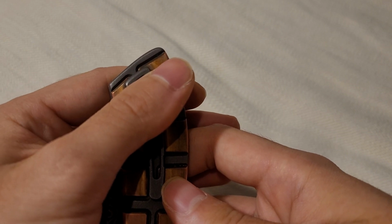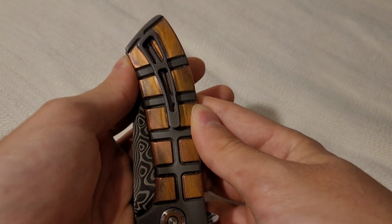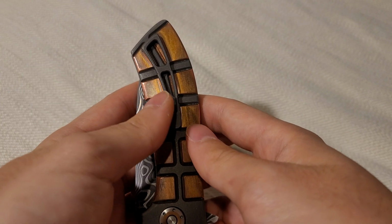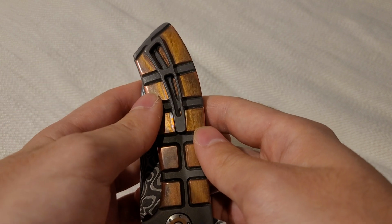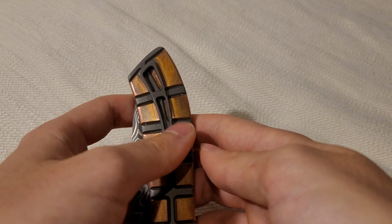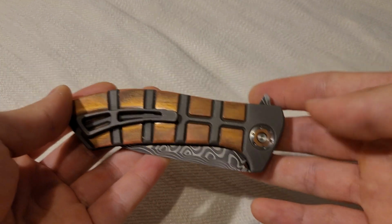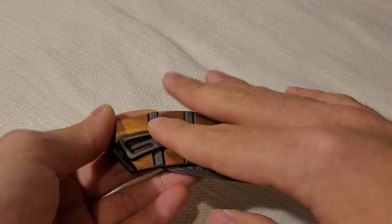I like deep carry. Some people don't like deep carry because they think, oh, the clip pokes out, so everyone knows you're carrying a knife. Well, not always. If you live in America, in the parts where it's more common to have knives, then yeah, you'll notice and you'll know that it's a knife. But if you live somewhere abroad like I do, no one notices that I have a pocket clip here. I go to work, and no one comments on it, no one sees it. They just think it's a pen or something. They don't expect you to have a knife. Anyways, I like deep carry clips,